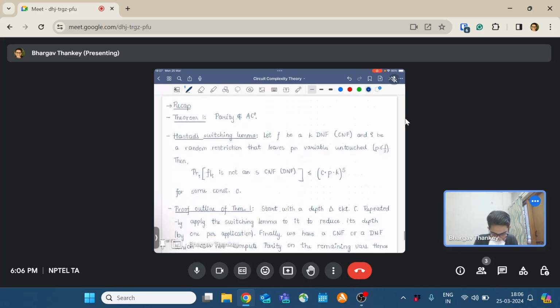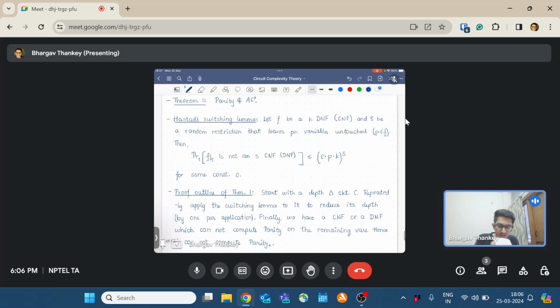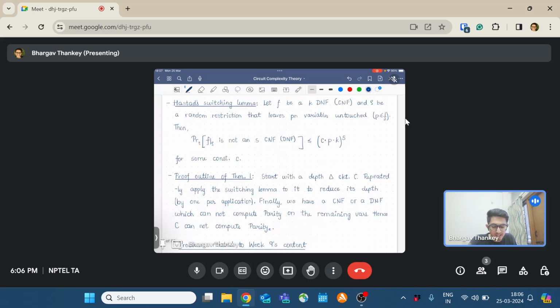Okay. And the way we proved the theorem using this lemma is as follows. So we start off with a depth-delta circuit and we repeatedly apply the switching lemma to it to reduce its depth. And one application of the switching lemma reduces depth by one. Okay. And finally, we have a CNF or a DNF